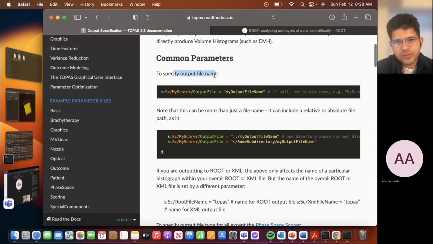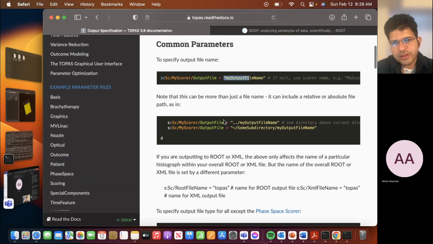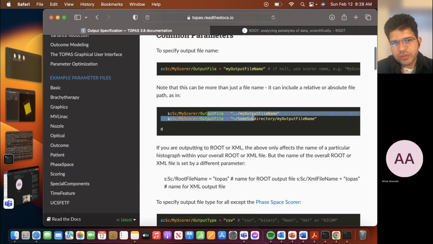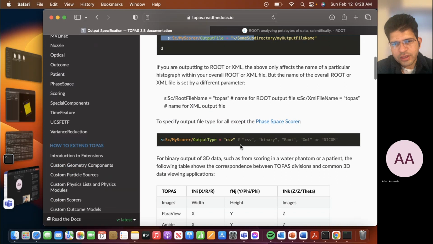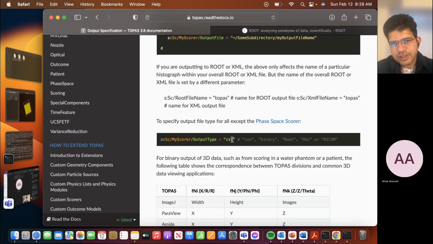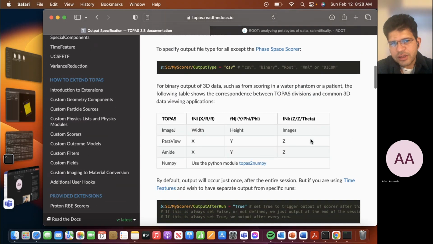So for outputting your scores, you have to specify the name of the file, and then where you want to output it. So that's it. And like I said, for the output formats, you can define CSV, which is a type of Excel file format or text file format. Then you can define binary, root, DICOM, XML, and